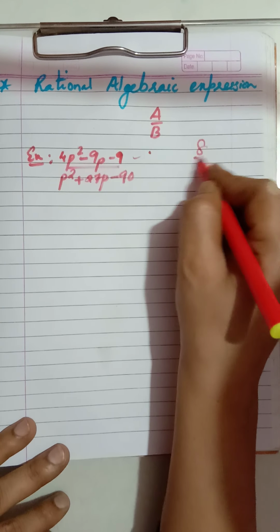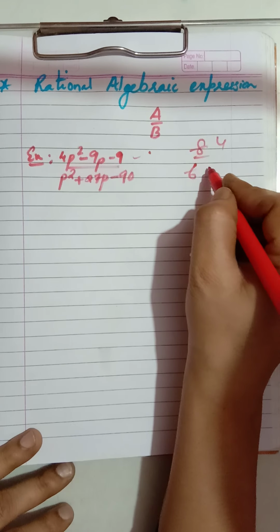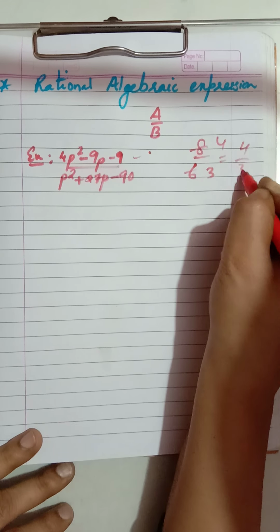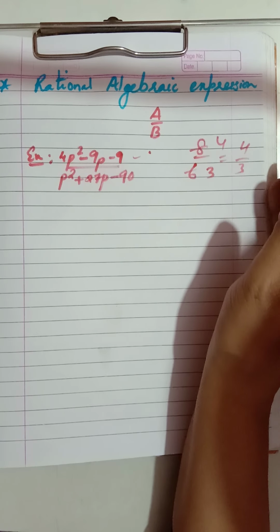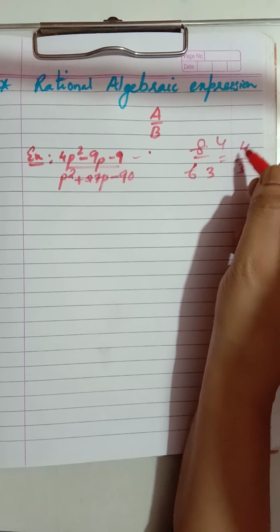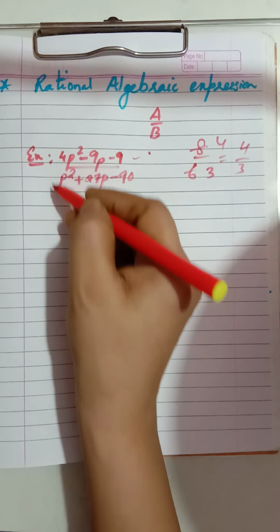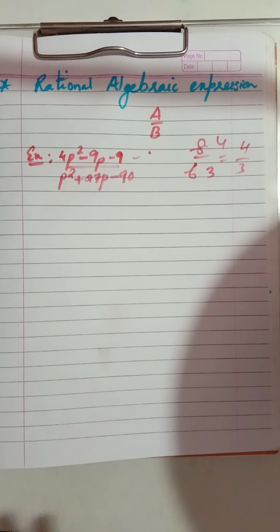Suppose for example 8 upon 6, so what you will do, you'll reduce: 2 fours are 8, 2 threes are 6, so 4 upon 3. So you are simplifying this fraction. We have learned to reduce the fraction to the lowest term. The same way children, you are going to simplify the expression and come to the simplest term. That is called simplification, what we are going to learn in your next practice set,